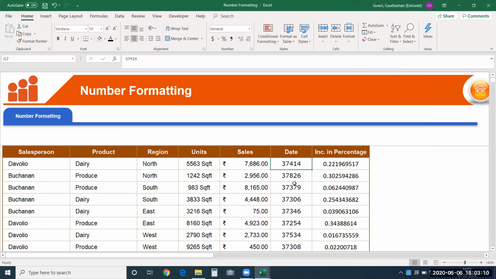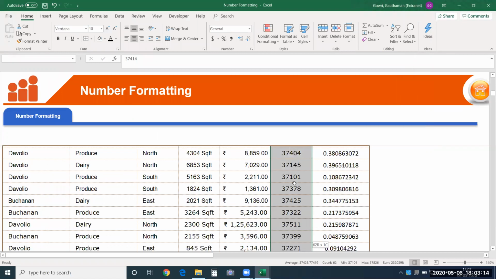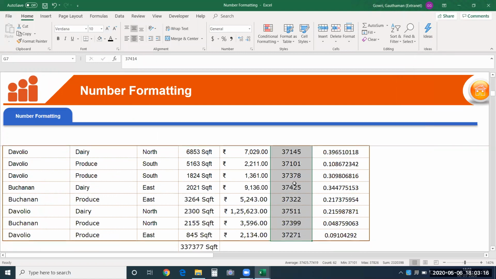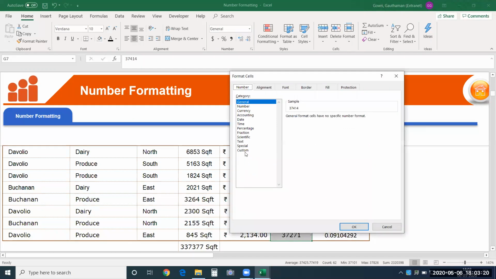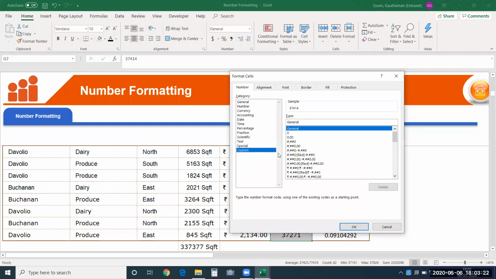So now let me show you how to apply formats to a date. Let me select this. Again, control 1. You get the custom format. See over here, you remove this general. You remove this and you keep looking at the sample.